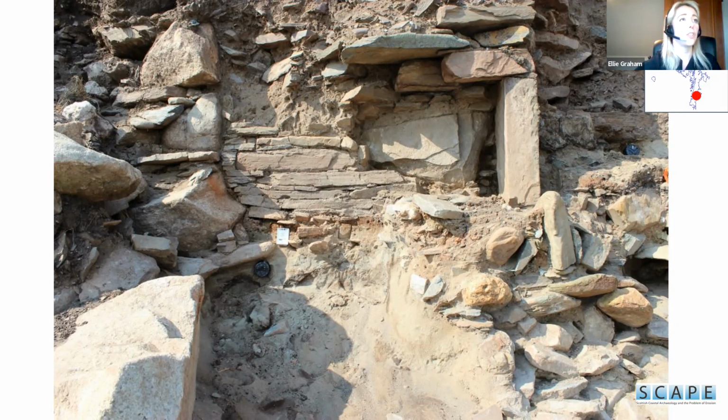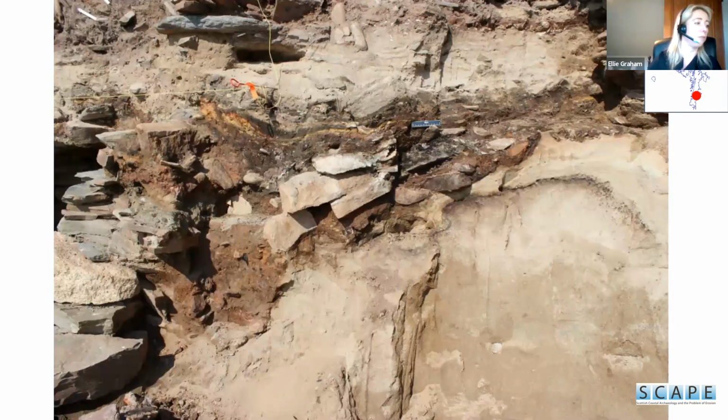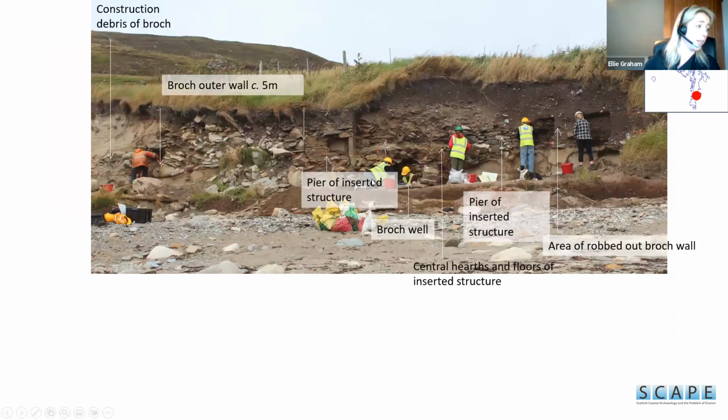And then right at the middle of the structure, we had this lovely sequence of hearth deposits as well, that lovely burnt, brightly coloured clay, surrounded by spreads of ash and floor material. But there was also a metal working pit as well, so they seem to have been working metal in the Iron Age period here. So this is the structure as we saw it in 2015 when we first recorded it,